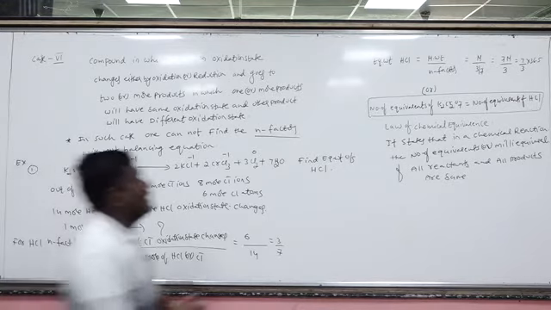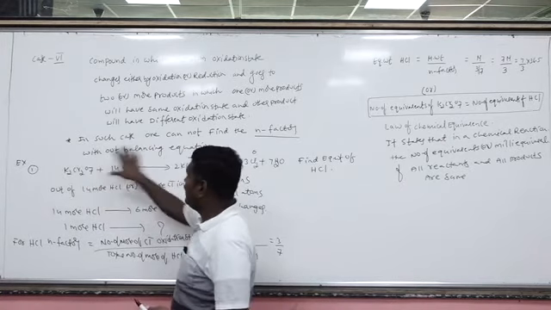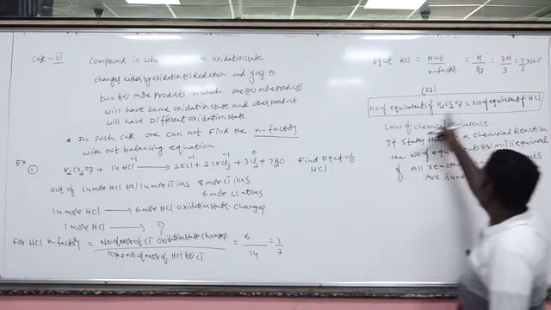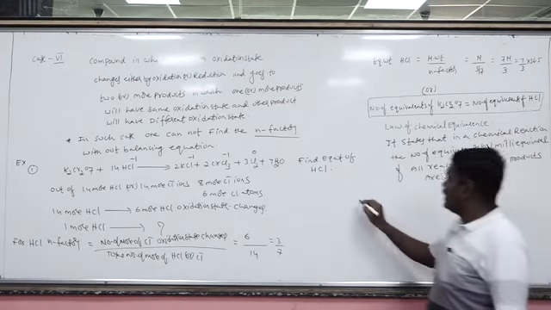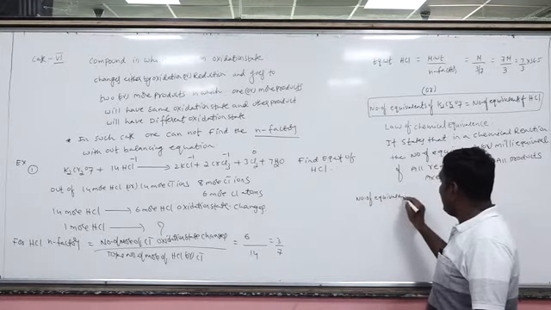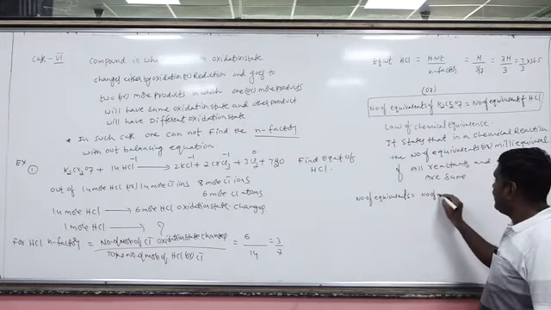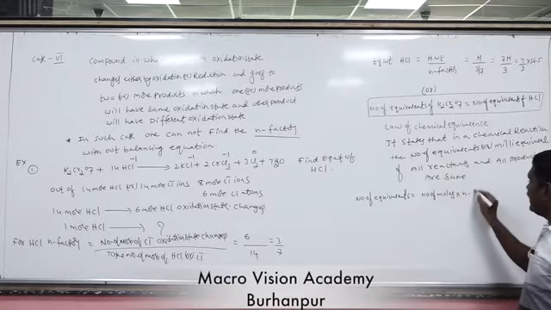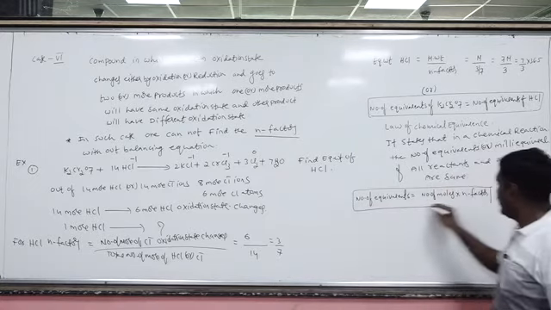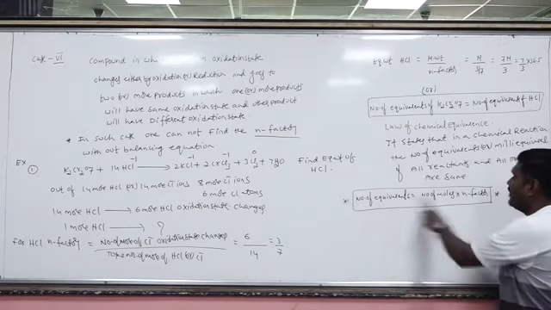Now according to this, how many reactants are there here? The number of equivalents of dichromate will be equal to the number of equivalents of hydrogen chloride. Now I am writing number of equivalents of dichromate equal to number of equivalents of HCl. Do you know the number of equivalents is equal to number of moles multiplied by valency factor or n factor? This is a very important relation regarding equivalents and moles. The number of equivalents is the number of moles into n factor.